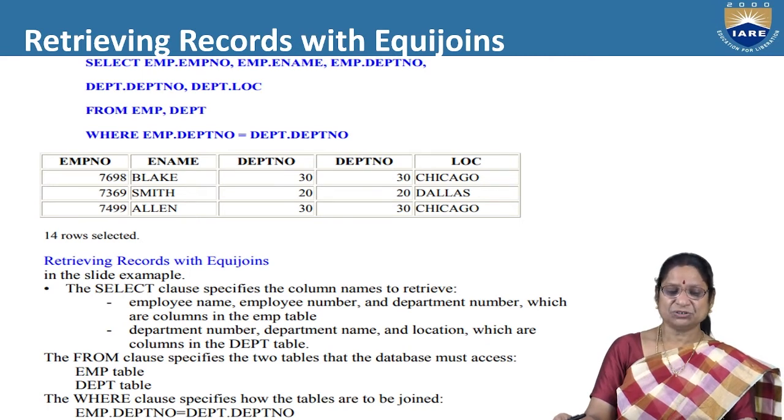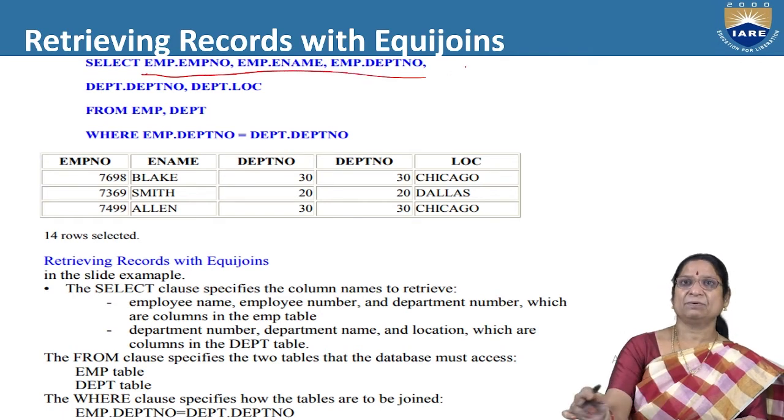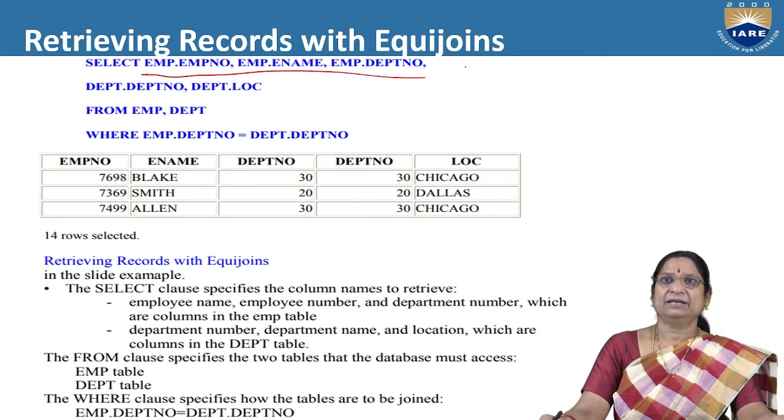By using equijoin, this is the data we are getting. More records are going to be there. This is the query: employee number, employee name, and department number.